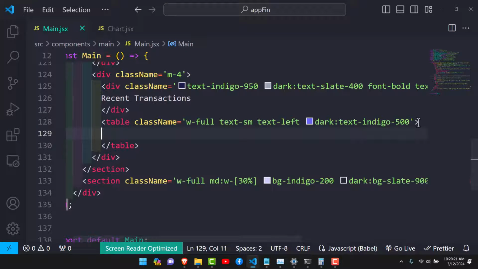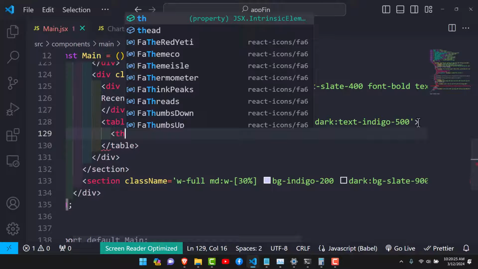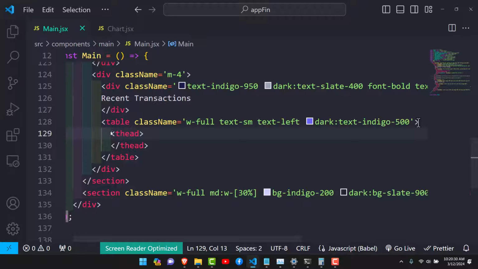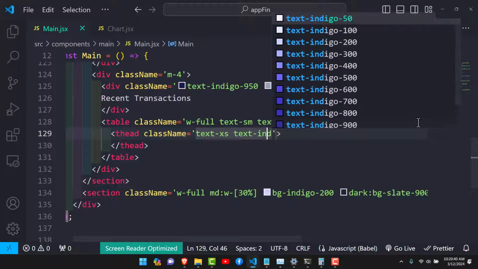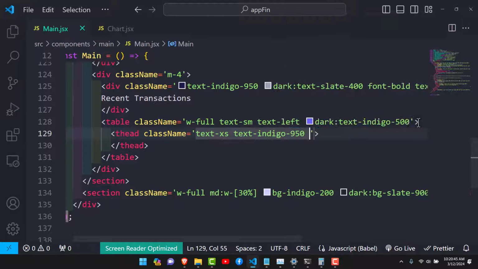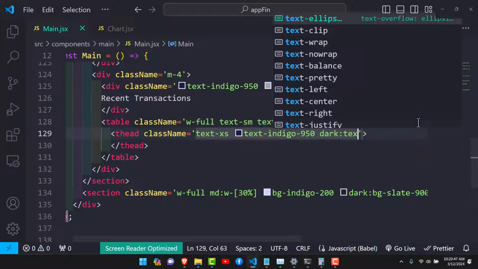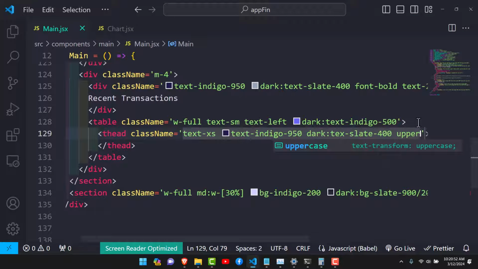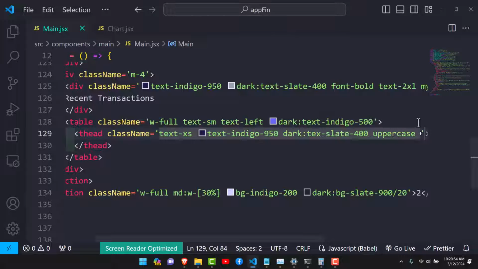So now we get inside the table, and we're going to have the T head element, and we're going to style it. So for the T head element, the text is going to be extra small. The text is going to get to indigo 950, and on dark the text should be slate 400. We're also going to make it to be in capital letters, so we say uppercase,